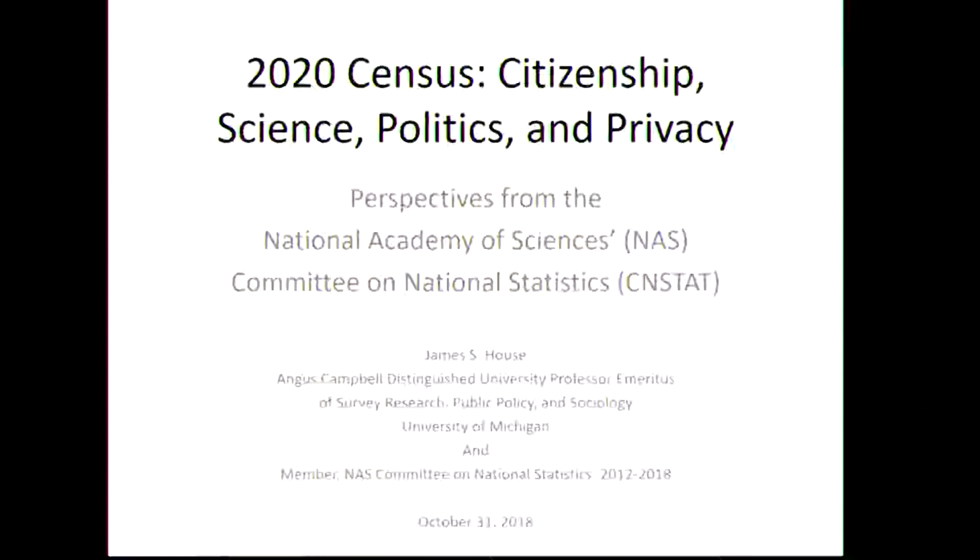As Jeff indicated, there's overlap, as you can see, as the speakers go by on some of the issues here. I'm here from the perspective of a committee of the National Academy of Sciences, the Committee on National Statistics, for which I served from 2012 to 2018. So like Barbara, I'm doing this just right after having ended this, and the last thing I was involved in was the preparation of what is now called a letter report, which I'll get to at the end of the presentation, from the NAS on the question of should there be a citizenship question added to the census,